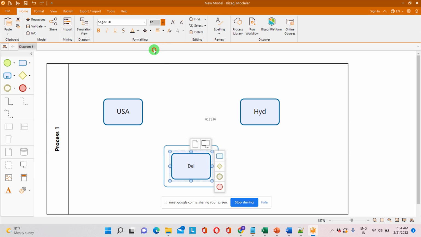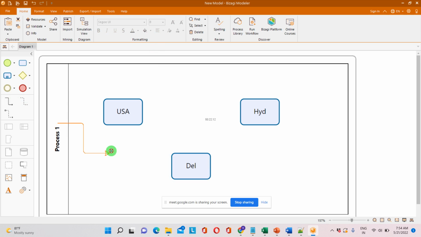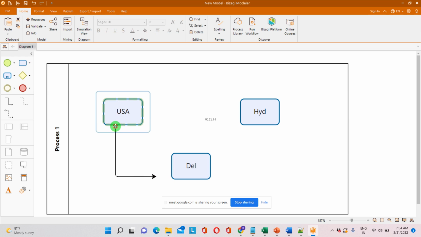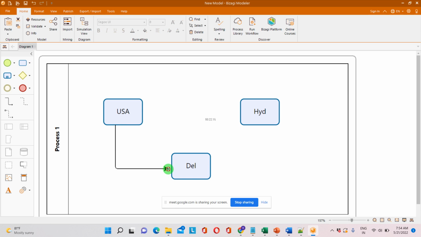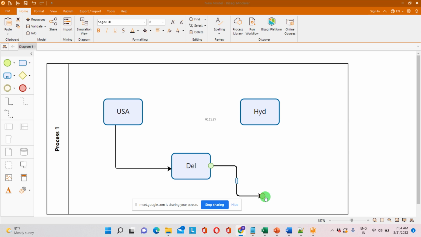From Delhi, from there we'll go to Hyderabad. So this is how we'll do connectivity, right? So here, what is the midpoint from USA to Hyderabad? Delhi. So that means Delhi will be the center point for not only between USA and Hyderabad, it will be the center point for many